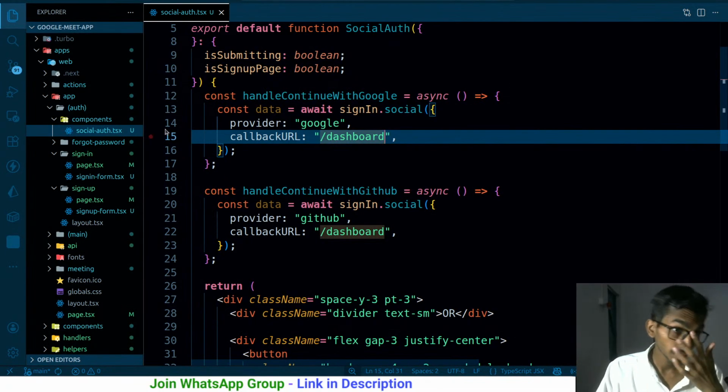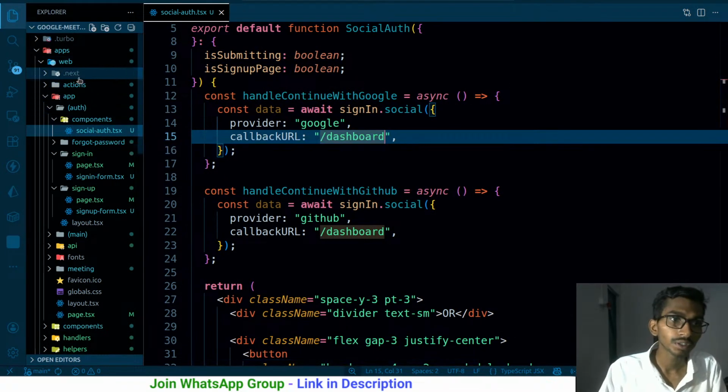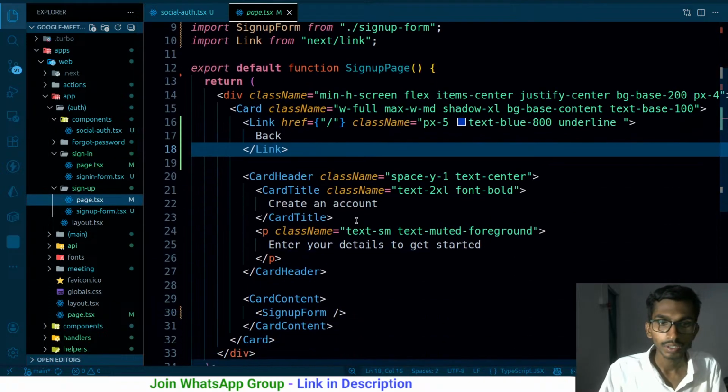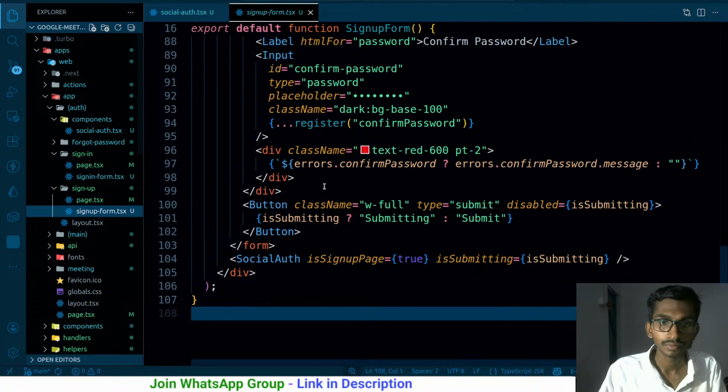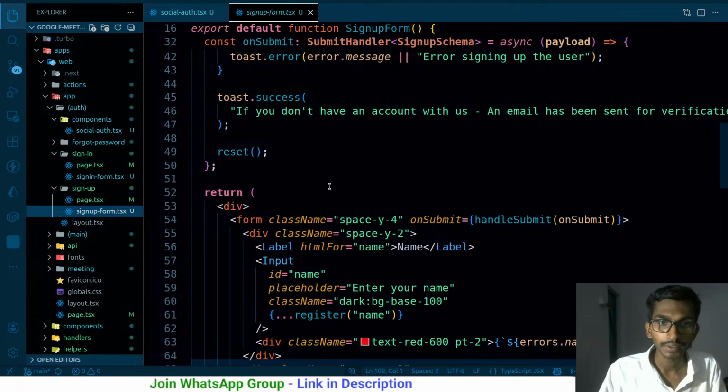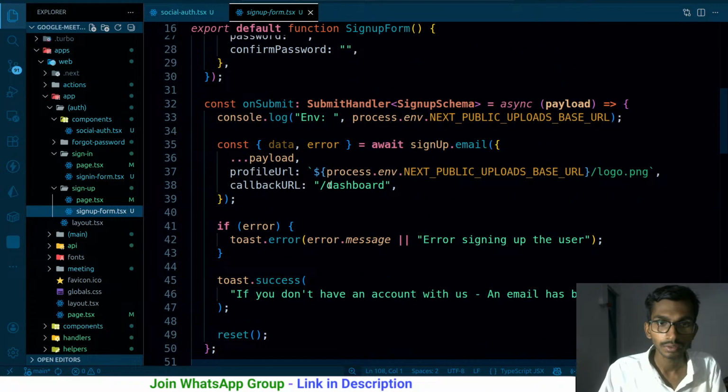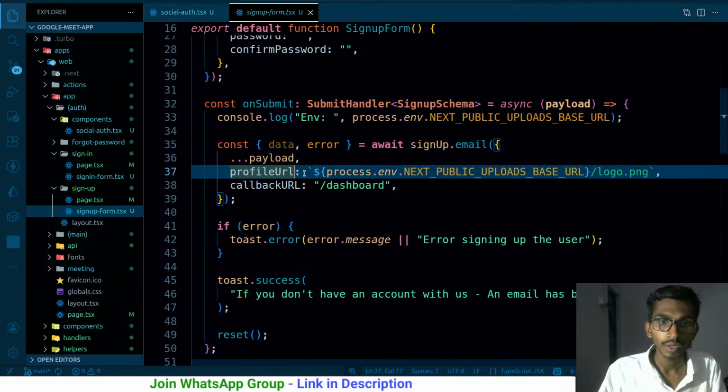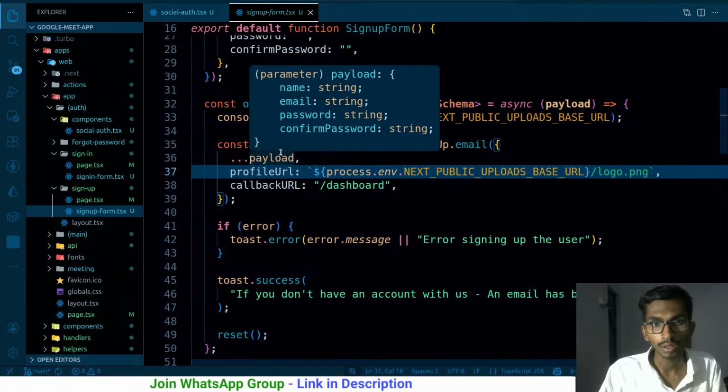Changing a few things in the sense, whenever I'm signing up with ultimately over here, at that time I'm just simply adding the profile URL, right? We have to stop doing that. So this profile URL that I'm actually adding,